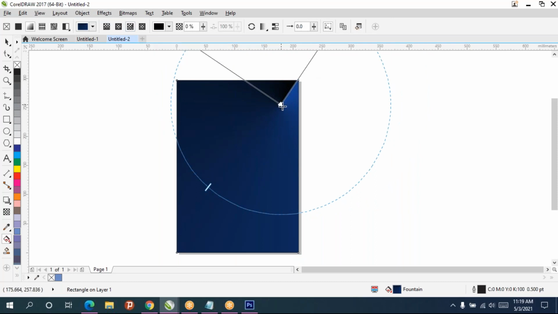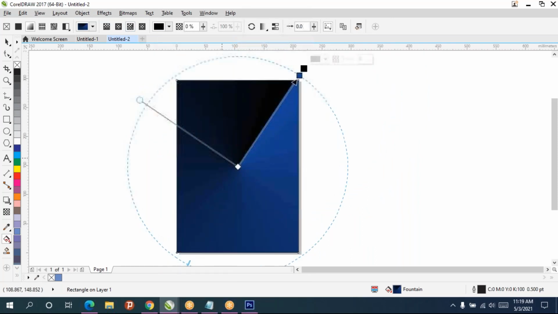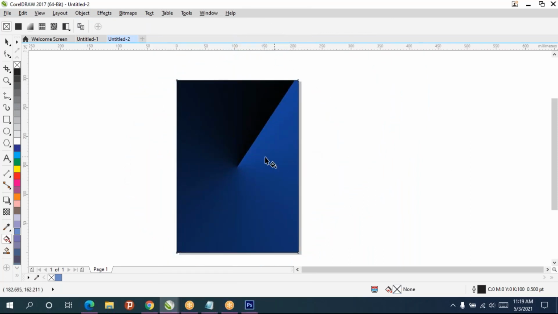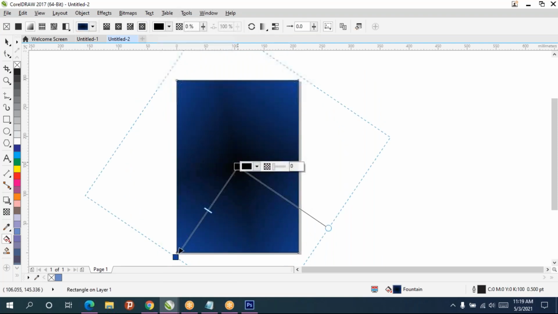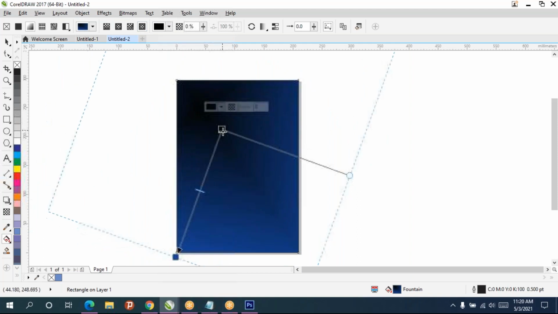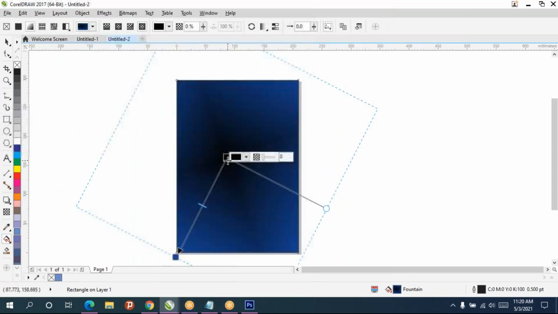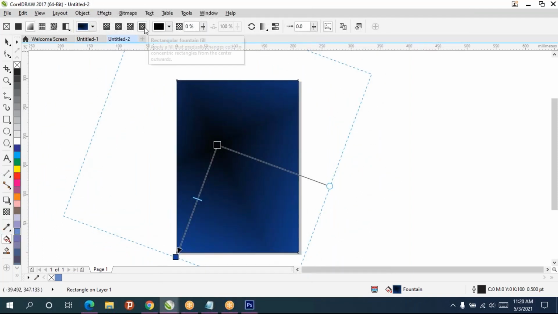Angular, and rectangular. So you can try anything in this. So always see the property bar.